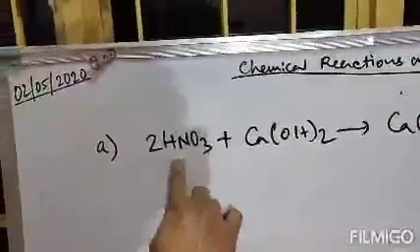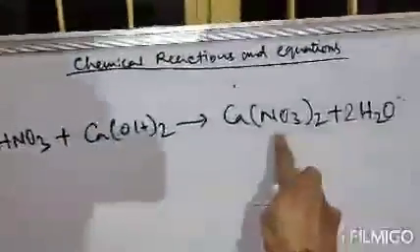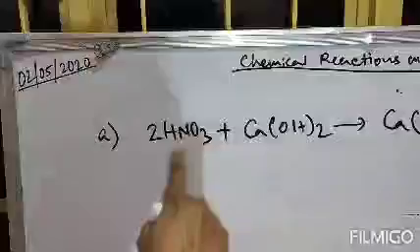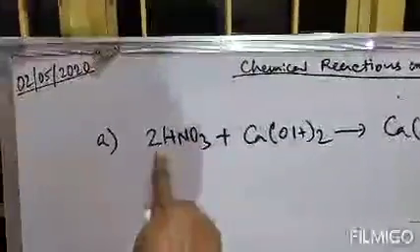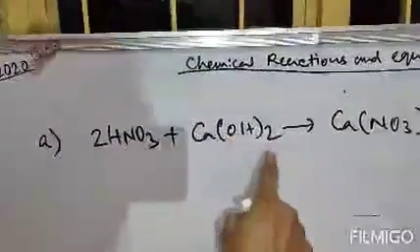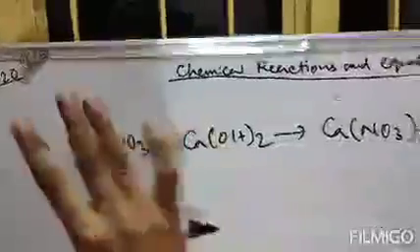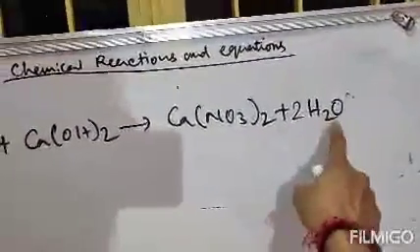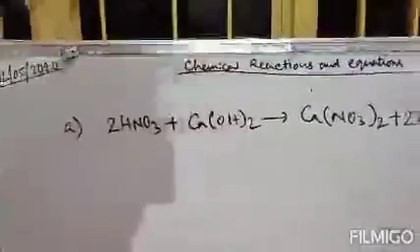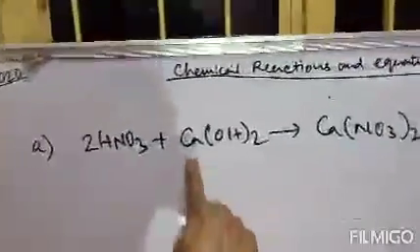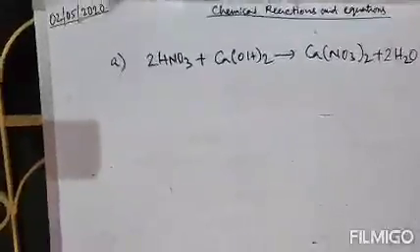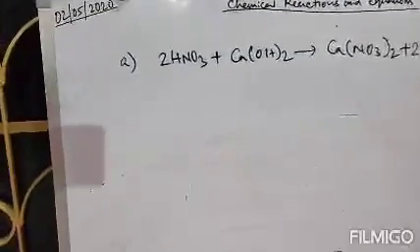Here is 2 nitrogen, there is 2 nitrogen, and here also N2, that is 2 nitrogen. So nitrogen is equal. Now count oxygen. 2 and 3 oxygen, 2 and 3, therefore 6 oxygen, and with the 2 O, that is 8 oxygen. On the other side, 3 twos are 6 oxygen, and 2 O, that is 8 oxygen. So oxygen is already balanced, and calcium here is 1 and calcium also here is 1. So calcium is already balanced. In this way we can balance a chemical equation.